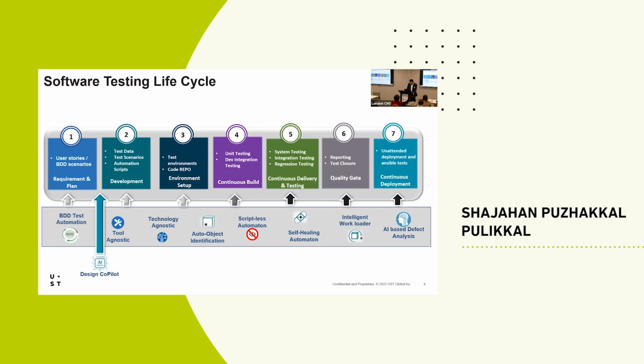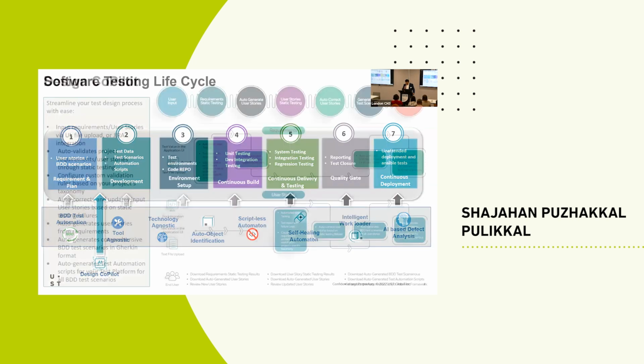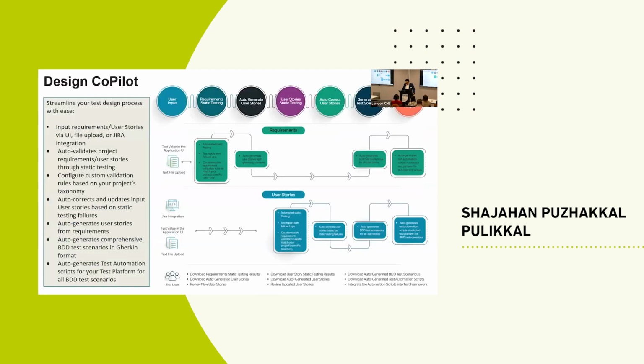So that's something we'll see, how we can utilize the design copilot. It's kind of a design activity, and we can automate it with the help of automation or generative AI techniques. So let's discuss this in detail. Let's start from the requirement. Probably we'll get two types of things, right? From the requirement stage, you'll be getting the requirements as they are, or you'll be getting the user stories from the business analyst. So let's start from the requirements.